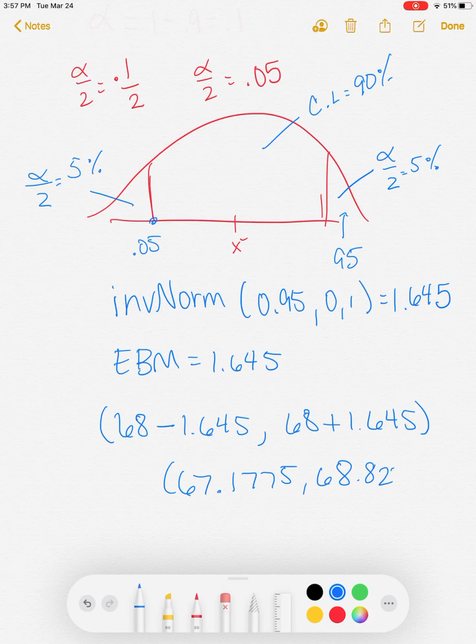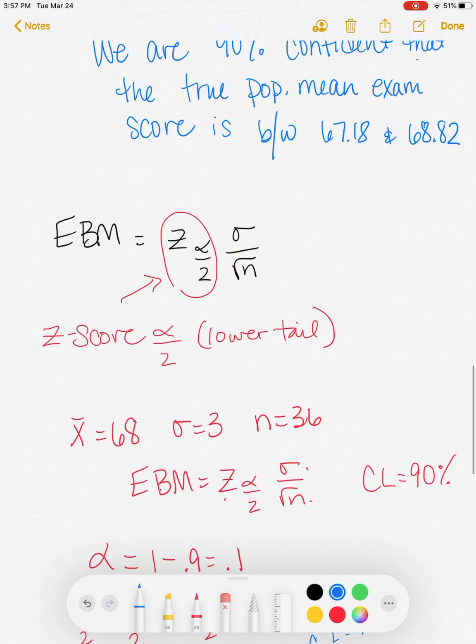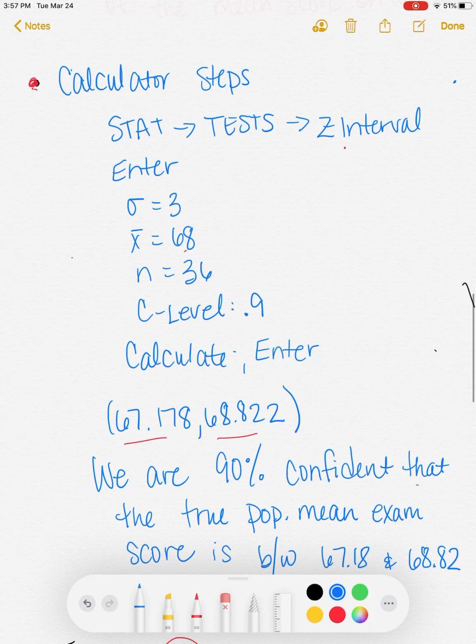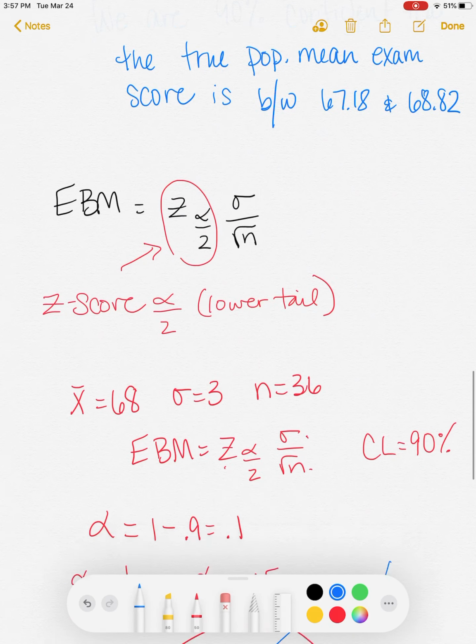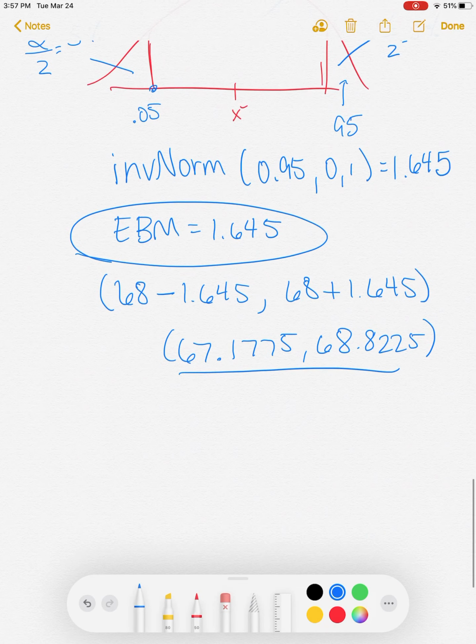Which again, if I'm looking for the confidence interval, I would totally use this calculator method up here. But if you needed to find the EBM, I wanted to make sure that I showed you how to find that EBM so that you could answer those